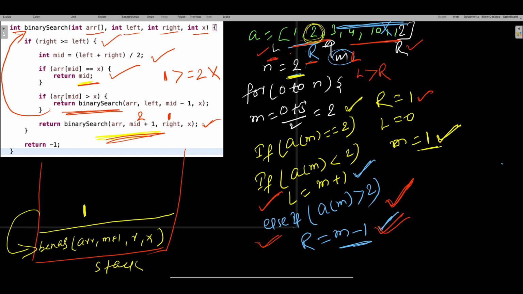They are just checking if middle is higher than the number you are looking for, right? If middle is higher, then in that case what we did, we did m minus 1, right? Right hand side we did m minus 1. Same thing this guy is doing, that right hand side m minus 1, left hand side no impact. Now there is another case where the middle is lesser than.